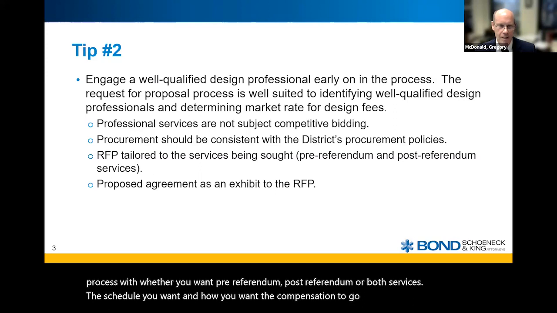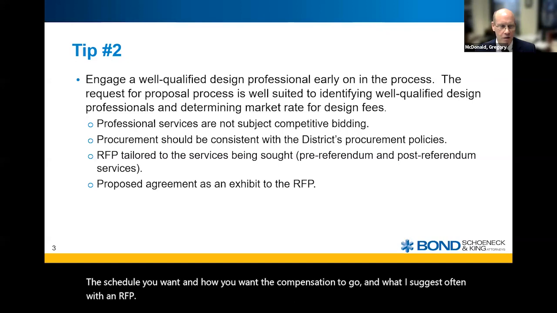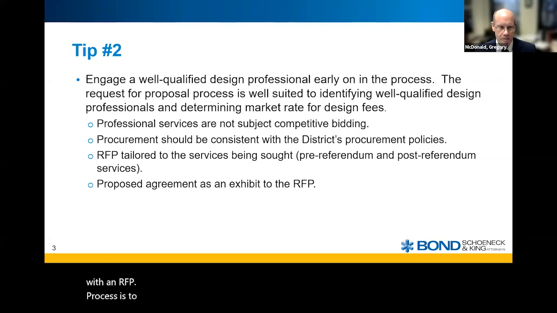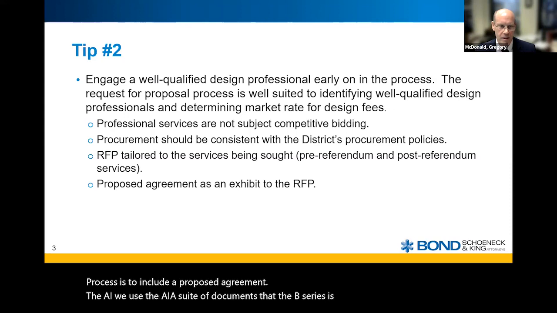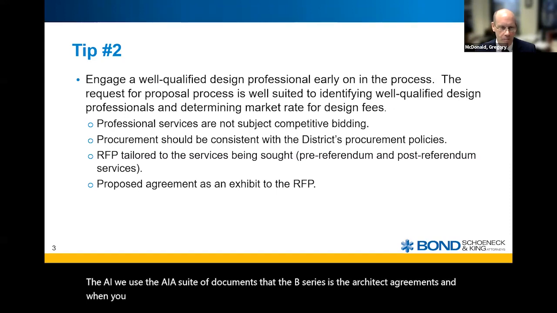And what I suggest often with an RFP process is to include a proposed agreement. We use the AIA suite of documents. The B series is the architect agreements. When you have a construction manager, it's a B132, and when you don't have a construction manager, it's a B101. But modified